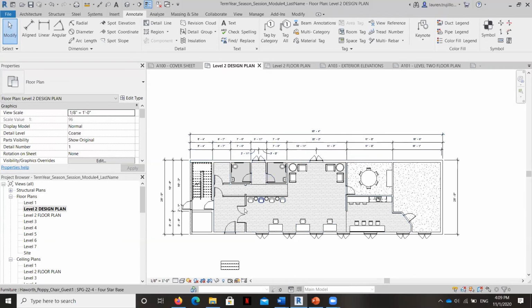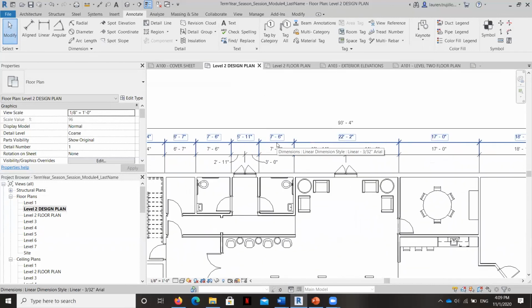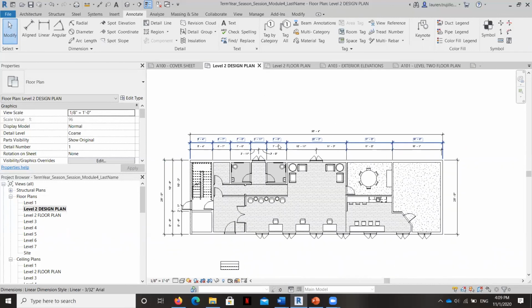So as you can see, we've placed a north arrow. We've learned how to hide and show annotations, and we've learned how to place interim and overall dimensions just in a very basic way, and to set the precision, or sometimes it's called the tolerance, for our dimension lines. And so that's the first few types of annotations that you need to be aware of.